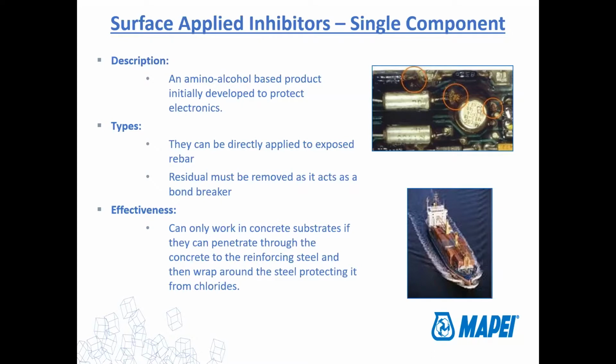The products were actually created by 3M years ago, when the electronics boom started in probably the mid to late 80s. We were buying all these electronics from Vietnam, Korea. They bring all those electronics overseas in container ships, they would open them up when they got to the US and they would all just be covered in corrosion. Well, we've got airborne chlorides, you've got metal, you've got moisture, all the things we talked about that are required to create a corrosion cell. So they needed to come up with a way to prevent all these electronics from corroding while they were being transported. 3M came up with this system where you just spray this liquid on them and it prevents the metal